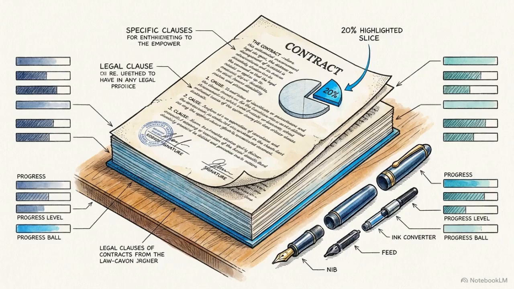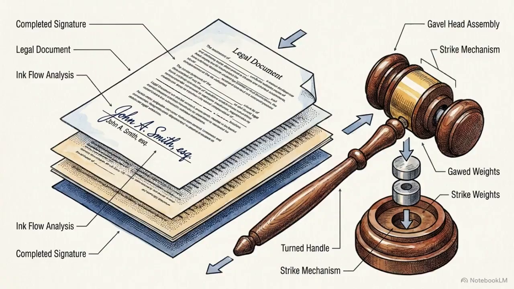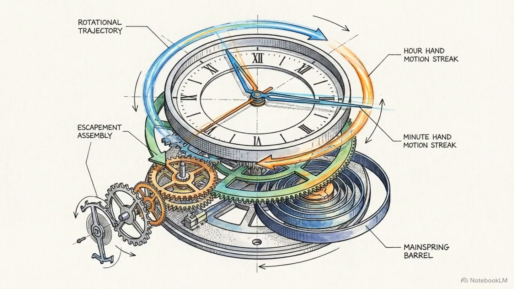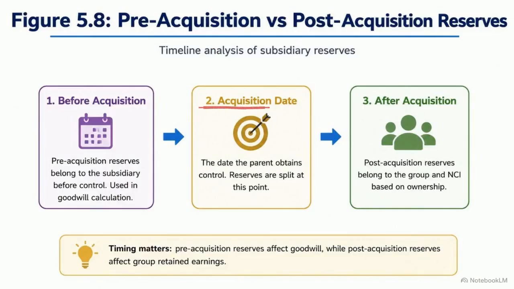While these outside investors do not dictate corporate operations, they hold a legally binding claim on a specific portion of the subsidiary's net assets. Step 2 involves analyzing the subsidiary's net assets. In group accounting, equity is strictly bound by time. The date of acquisition is the dividing line. Pre-acquisition reserves are the retained earnings existing before the parent obtained control. They are considered purchased equity, not group profit, because the parent didn't earn them.